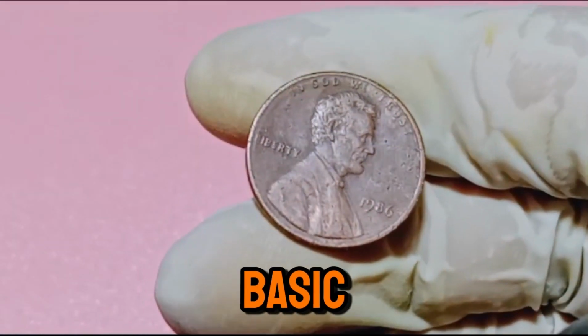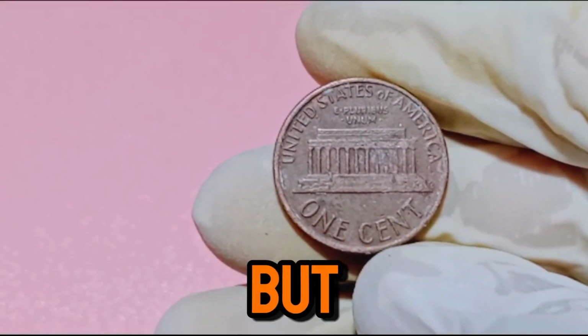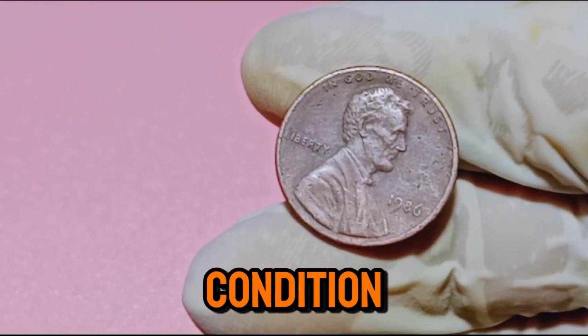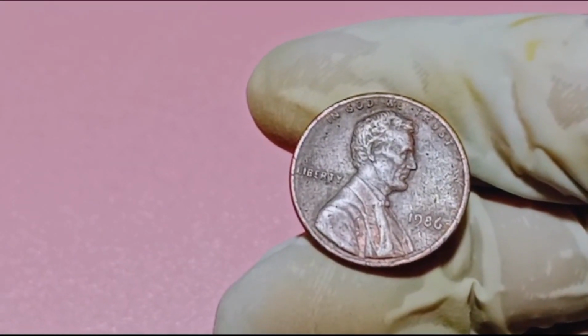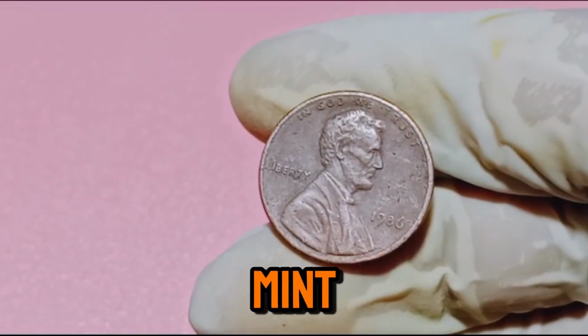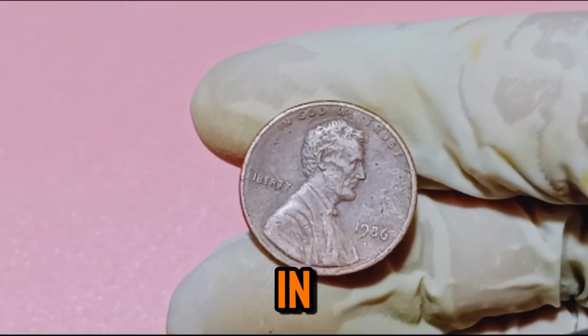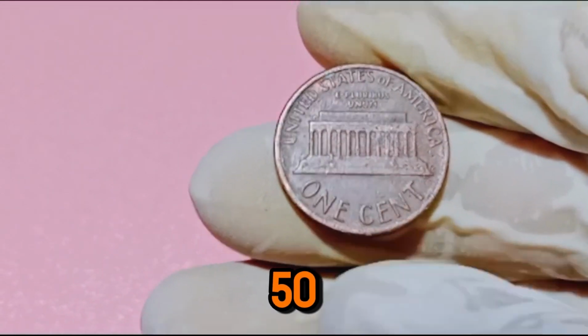In terms of basic face value, the penny remains a humble 1 cent. But for collectors and numismatists, the real value lies in the coin's condition, mint mark, and whether it has any unique features or errors. A typical 1986 penny from the Philadelphia or Denver Mint in circulated condition is usually worth just its face value, but in uncirculated or mint state condition, it can be worth anywhere from 50 cents to